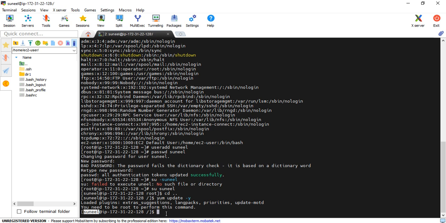Yes, this is possible if the user Sunil has additional privileges. Have any privileges been provided to this user Sunil? Not yet. Only the root user in this machine has the privileges to perform any task. Other than that user, no user has the privileges to perform any task in this machine. What my requirement is